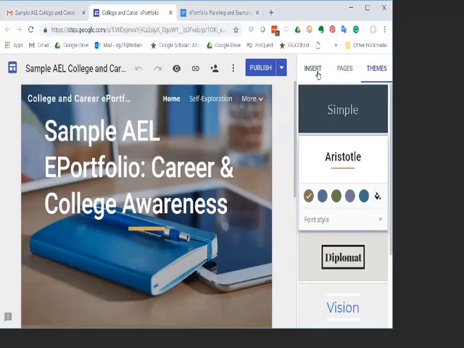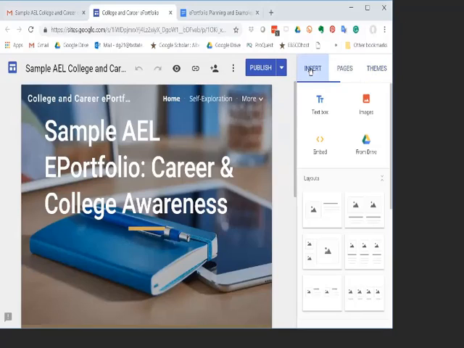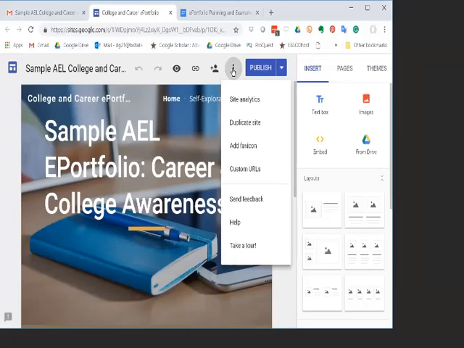The first thing you're going to get your students to do, because remember, you're sharing this with them, you want them to copy it, and then you don't want them to touch your copy anymore. So they're going to go to the 3 buttons. Teach them that 3 buttons often means more. When you highlight over it, it says more. So you click on the More button, and it will have a duplicate site. They need to click on the duplicate site,